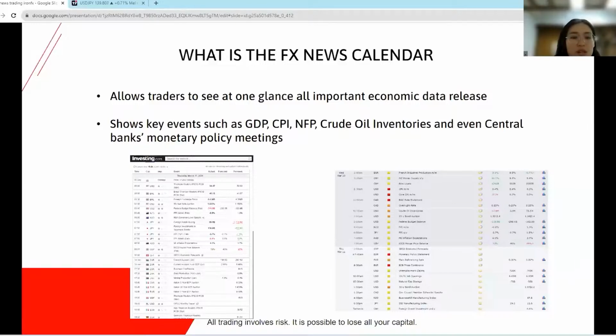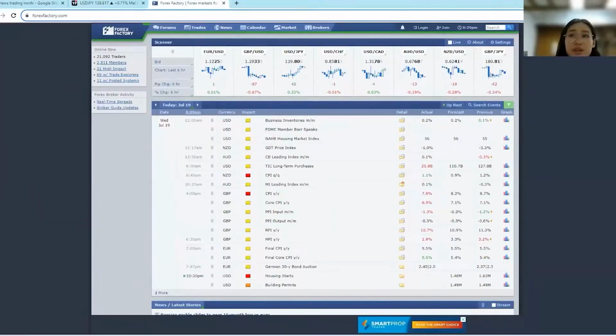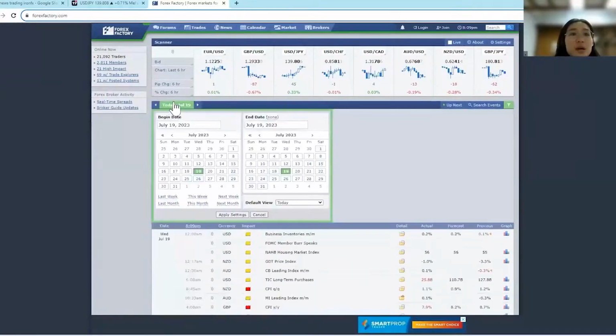Let me just show you guys what is the website that we like to use. So on the left here, we have investing.com, and on the right, we use Forex Factory. So we typically prefer to use Forex Factory. Okay, let me see if you guys can see my screen. Okay, yeah. So, of course, both are good, but for Forex Factory,